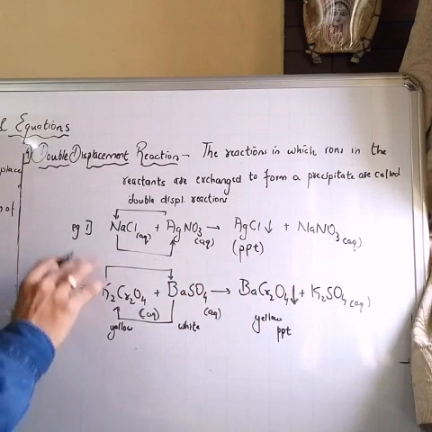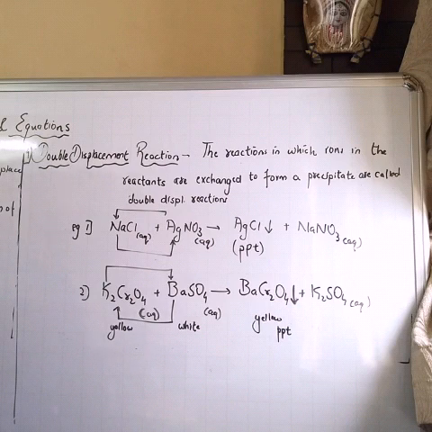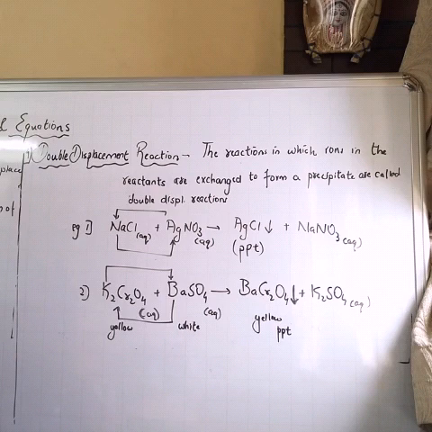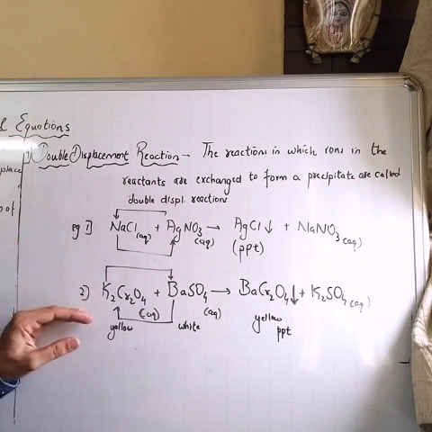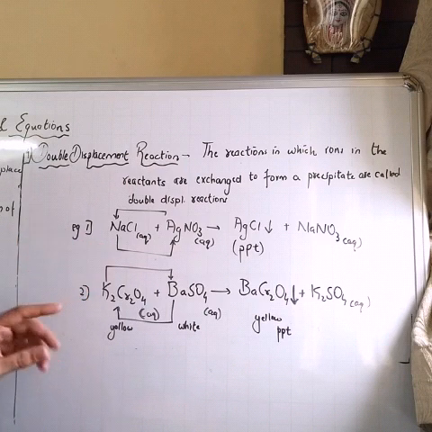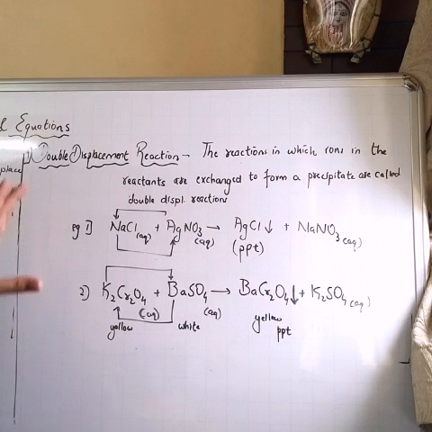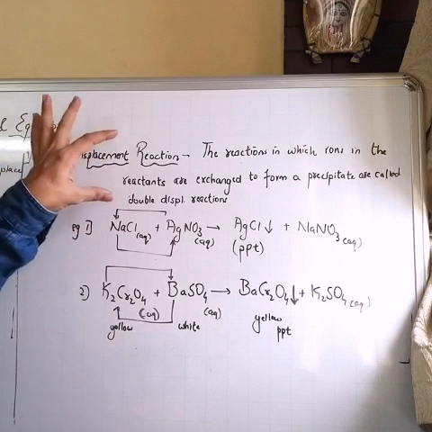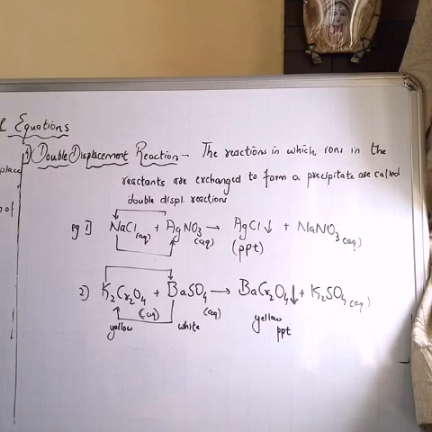Only these two examples you have to remember in your syllabus for double displacement reactions. I request you to at least learn two examples of each: double displacement, displacement reactions, combination and decomposition. Whenever we talk about chemical equations, each and every chemical equation should be learned from the text. Nothing is omitted. But if they ask you for short notes along with the definition and description, you should be able to write the chemical equations.